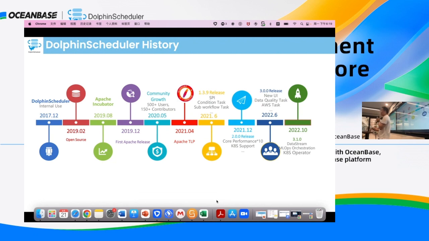Okay, a little bit about the DolphinScheduler history. DolphinScheduler was first created in 2017 only for internal use, and then it was open sourced in 2019, and in the same year it went into the Apache incubator, with the first open source version. In 2020 it reached